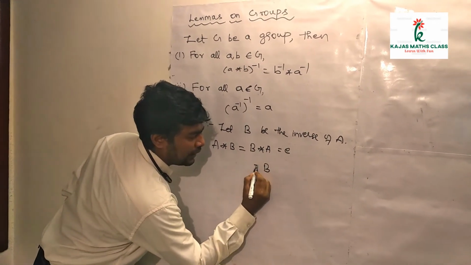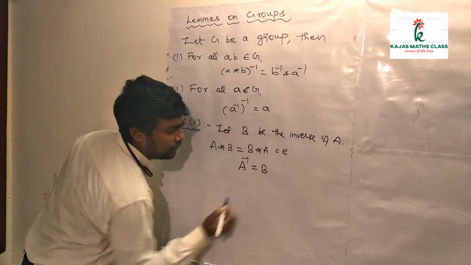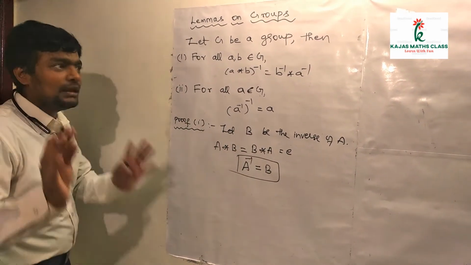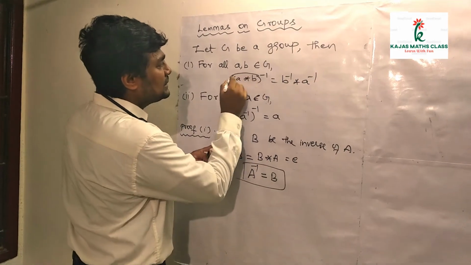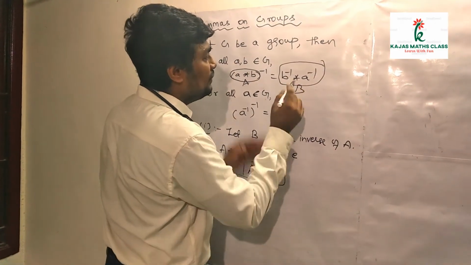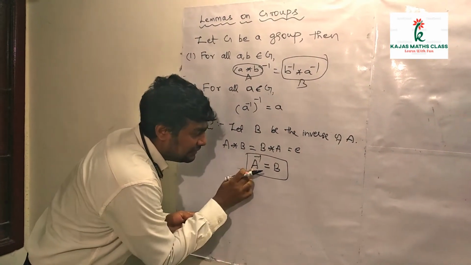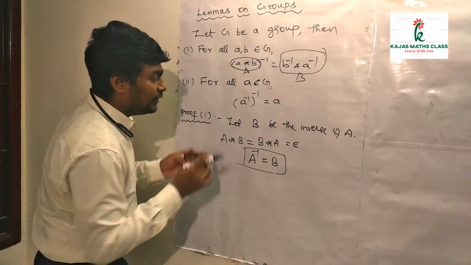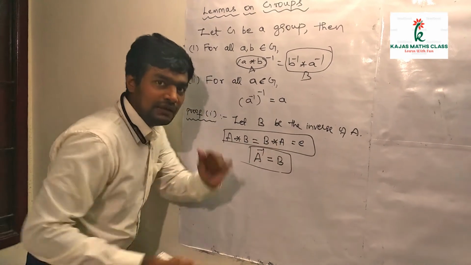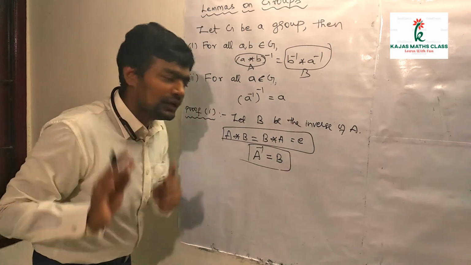You will write like this, right? b is the inverse of a. Then you will represent this like this. Am I right? Same way, come here. This is a and the whole thing is b. We need to prove that b is the inverse of a. Same way, we are going to check this condition: a * b must be equal to e, the first condition, and b * a must be equal to e. We are going to verify these two conditions.